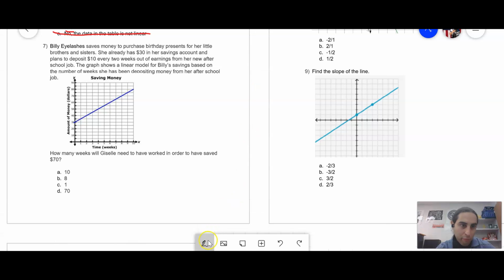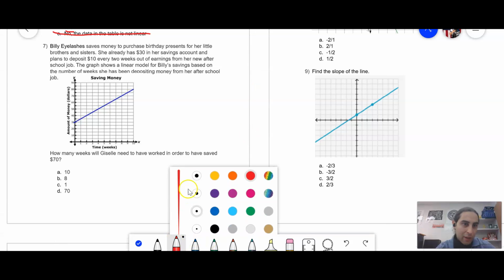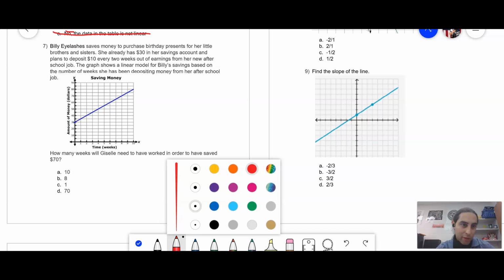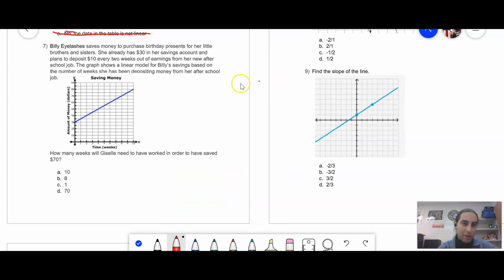All right. Billie saves money to purchase birthday presents for her little brothers and sisters. She already has $30 in her savings account, and plans to deposit $10 every 2 weeks out of earnings from her new after-school job. The graph shows a linear model for Billie's savings based on the number of weeks she has been depositing money from her after-school job. How many weeks will Billie need to have worked